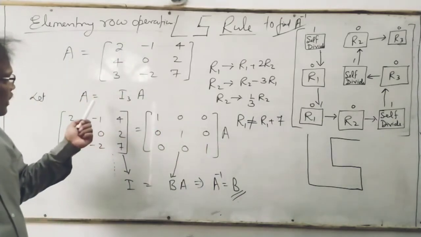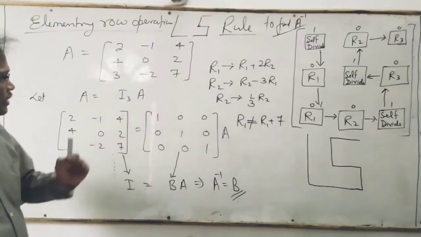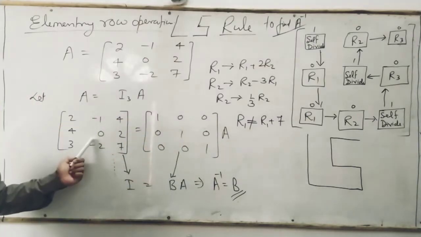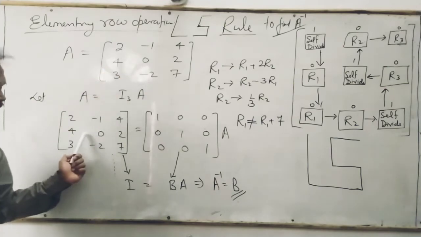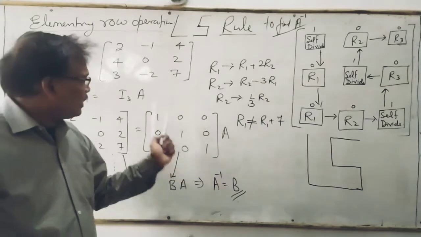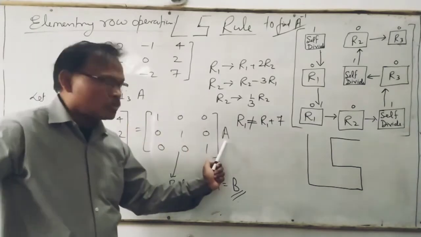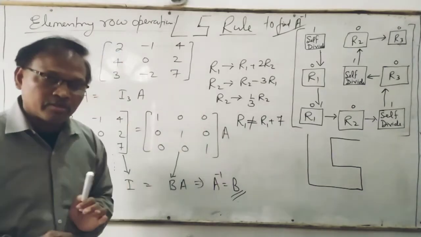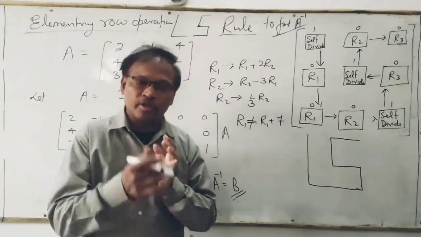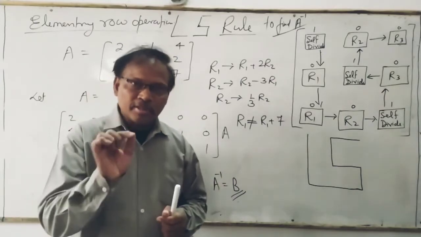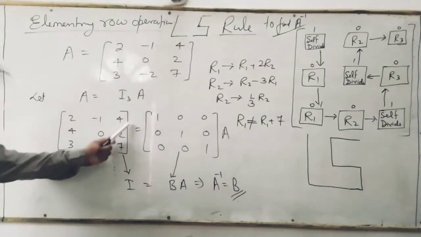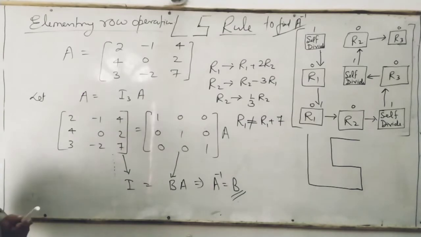In this, A is equal to I3A, and then write as it is. In place of A on the left hand side, you write the matrix. In place of I3, you write the unit matrix, and then in place of A on the right, you don't write this matrix because you have to find the inverse of that. How to find? What is the method? Basically, you have to change this matrix into the unit matrix.